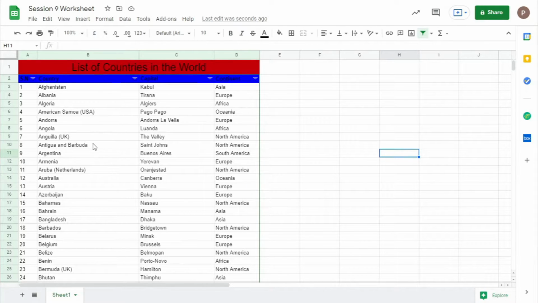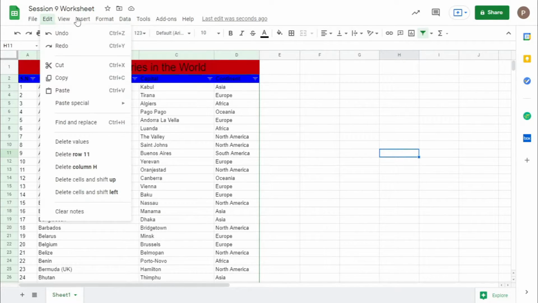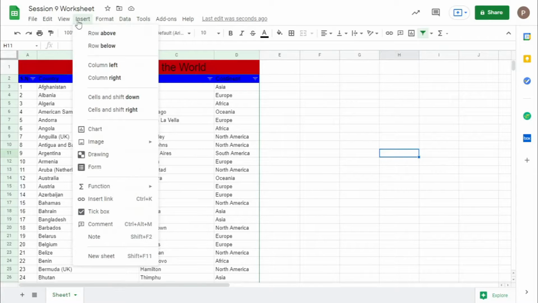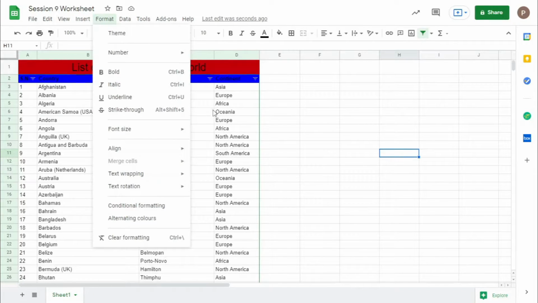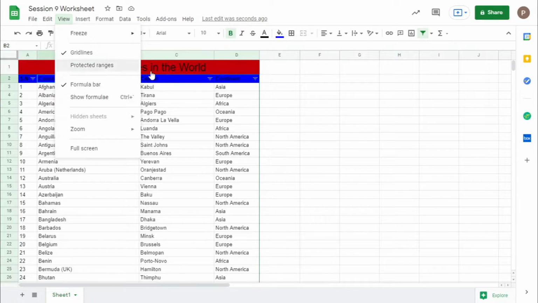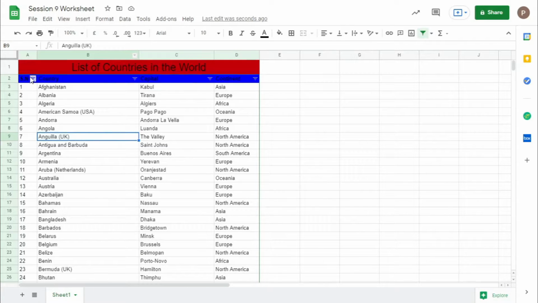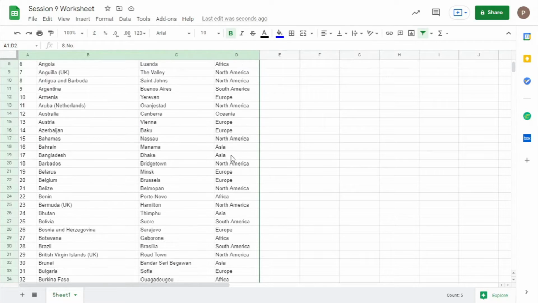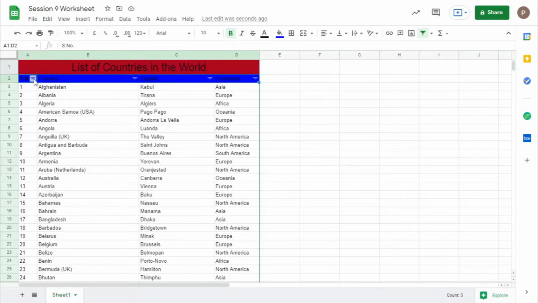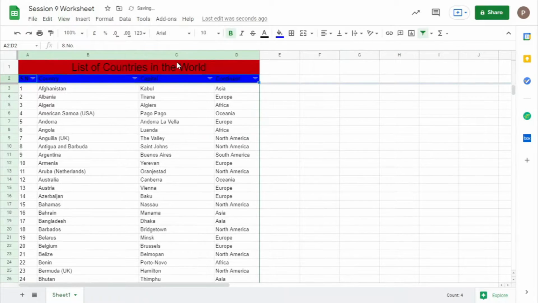If you don't want this sorting, you can do all this sorting in the format section as well. Also, once you have applied filters, sometimes just add some free space of 2 rows.